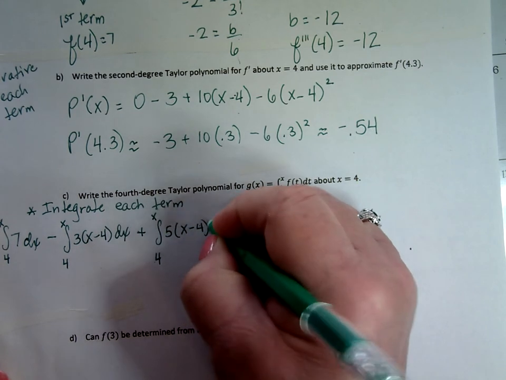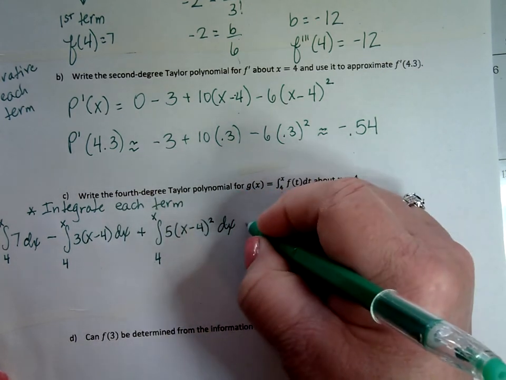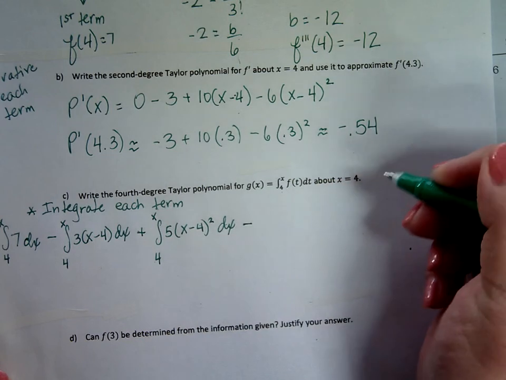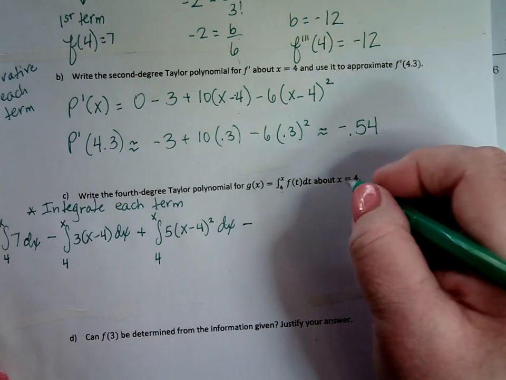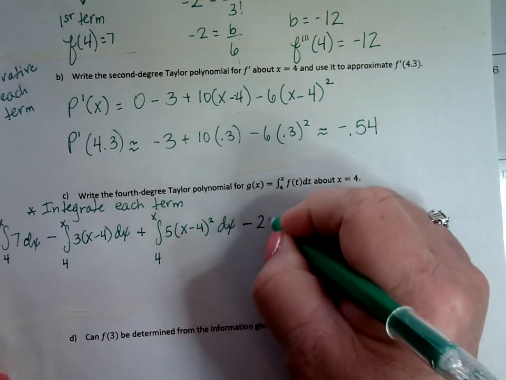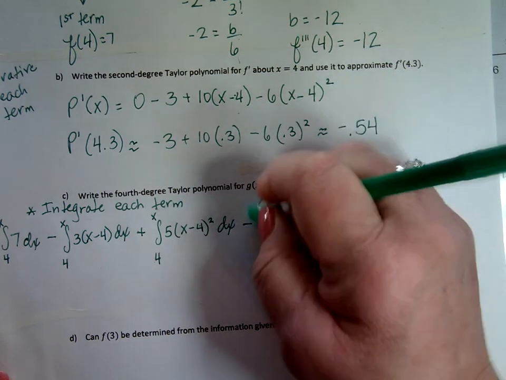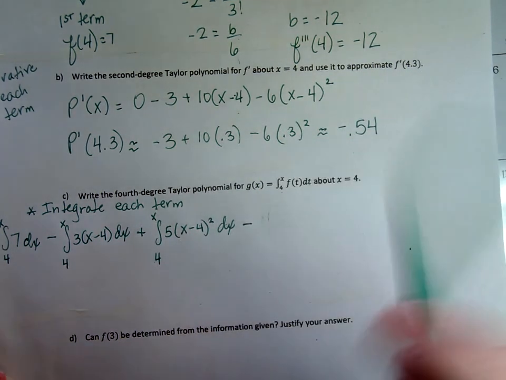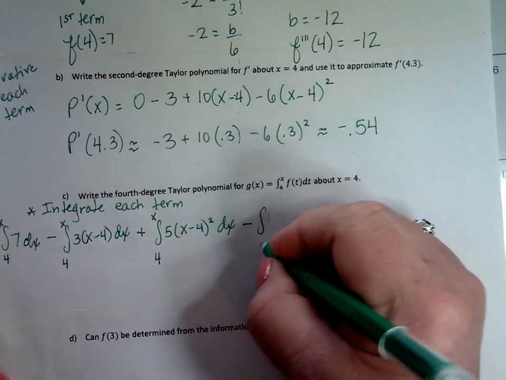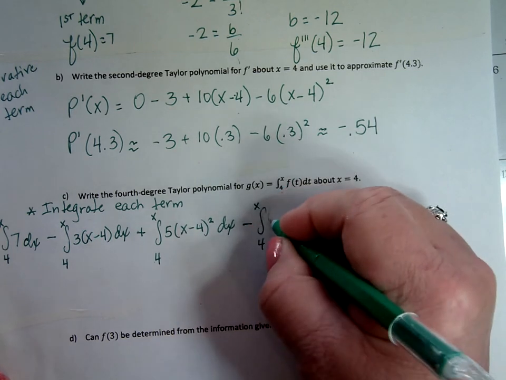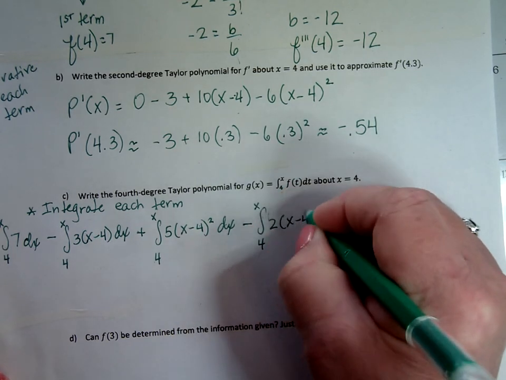And then I have the integral, minus 2. I'm sorry, I should put the 2 inside for now. Keep it consistent. The integral from 4 to x of 2 times (x minus 4) cubed. Now they said a fourth